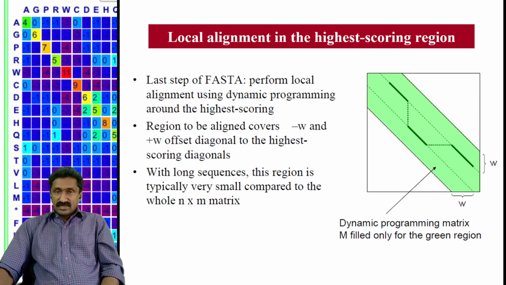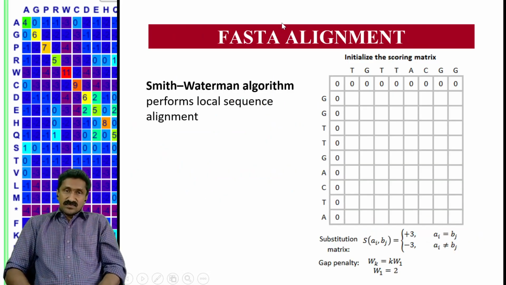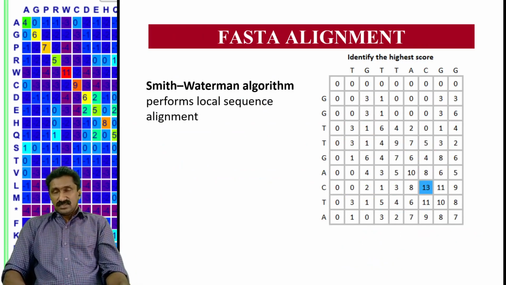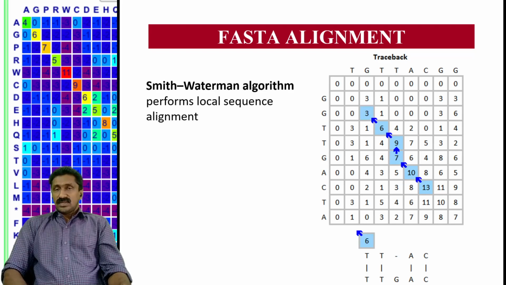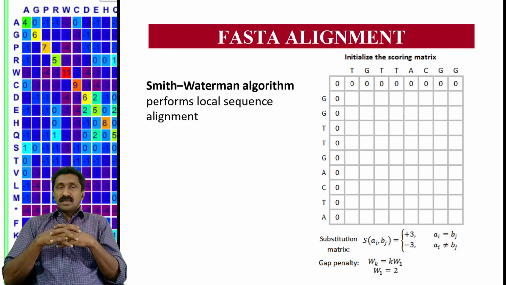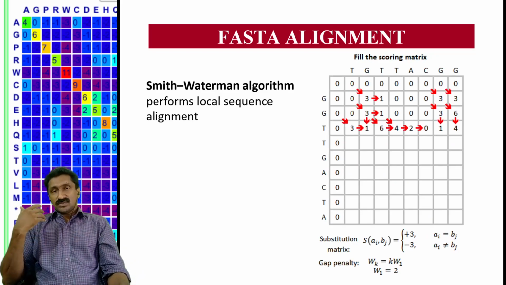Since you are performing a local alignment at this region using the Smith-Waterman algorithm, that is a much faster process. You perform a local alignment here, and another local alignment using dynamic programming here, so that the entire sequence will be joined and connected by inserting gaps. So this is how the FASTA alignment works. This concept was already explained in one of the previous sessions. The in-between regions between the diagonals will be connected by local alignment using the Smith-Waterman algorithm.